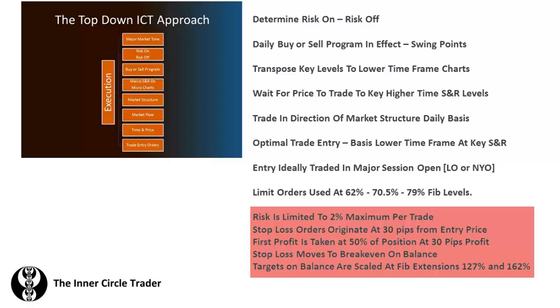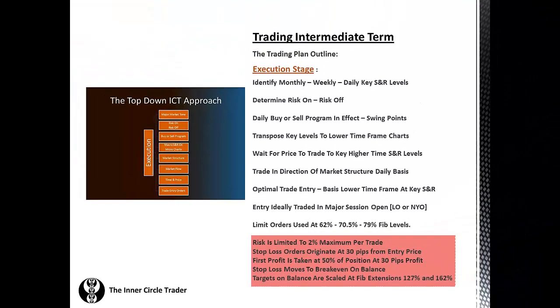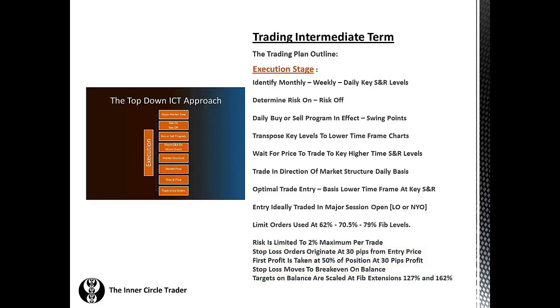Or take 30 off at 127, take 20 off at 162, and just paper trade the remaining portion. You don't have any open position, but then see if it goes to the 200 extension. But really, at the 127 and 162, you want to have at least 70 to 80% of your trade already in profit. Then if you have a small portion, obviously, you can leave that to ride to 200% or even greater. But you want to be taking profits and booking them at 127 and 162 of the swing that you're trading.